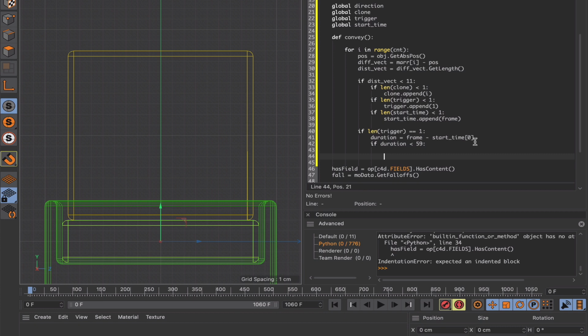I now need to check which direction the cube is moving in and change that direction if need be. So I can say if clone is equal to 0 and direction is equal to 0, I can clear,